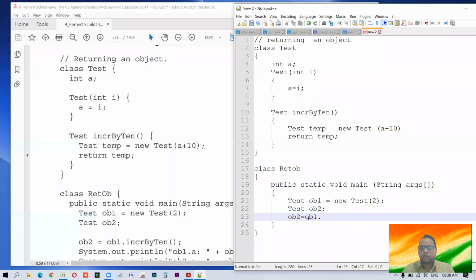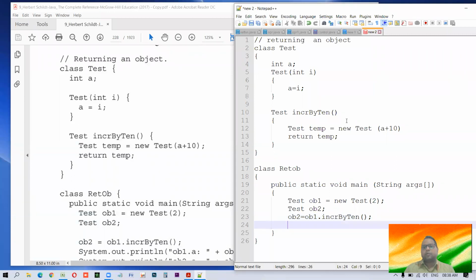Since this is a normal function, and we need to call the function of any class with the help of the object, we are doing the same, ob1 dot increment by 10. And what kind of function? It has no argument, so no need to give any argument.